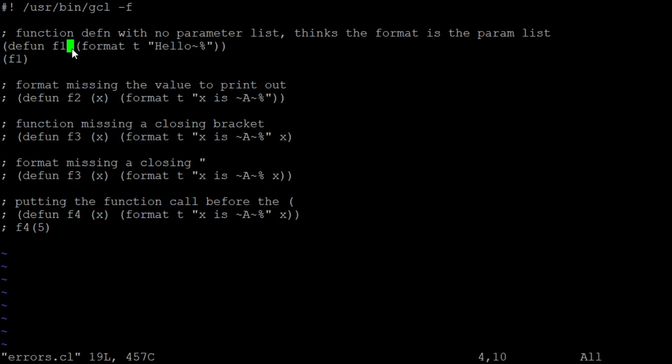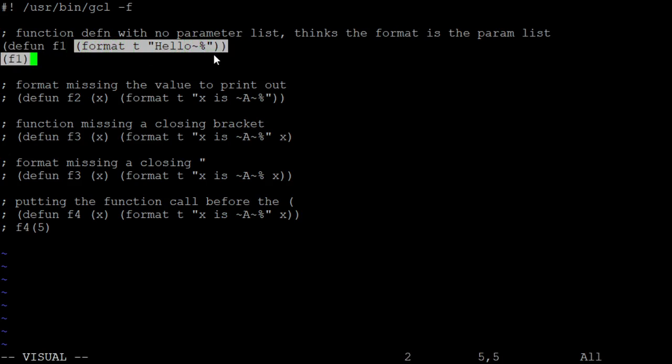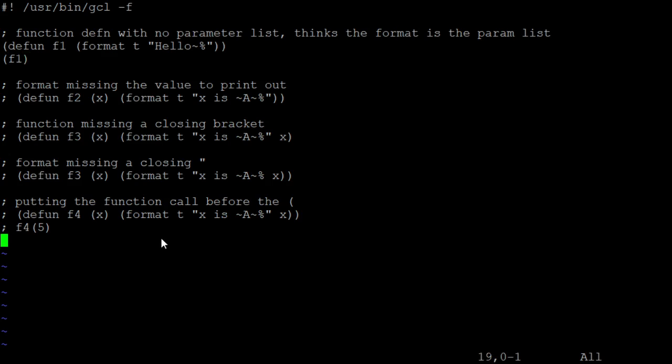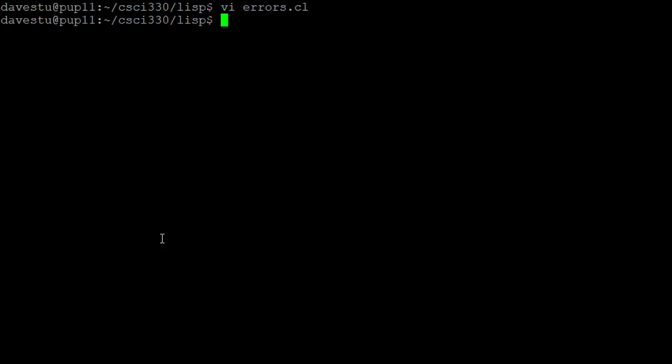So what happens is defun thinks the second thing here is the parameter list. So it thinks this format t hello is a parameter list. It thinks that format should be a variable, t should be a variable, this string hello should be a variable. And so we're going to get weird behavior when we try and run it. So what does this wind up looking like? So if we run our errors,